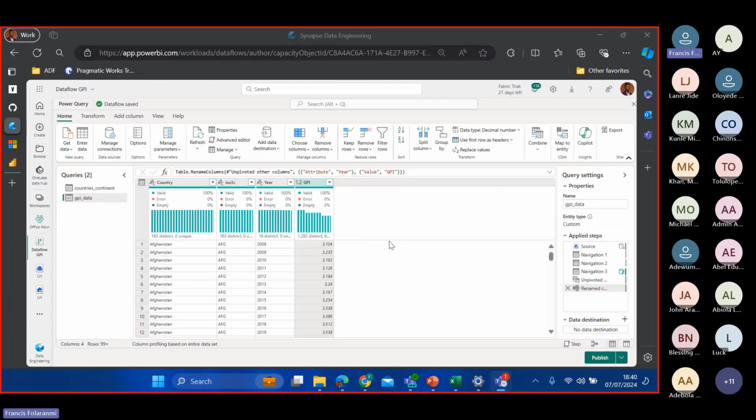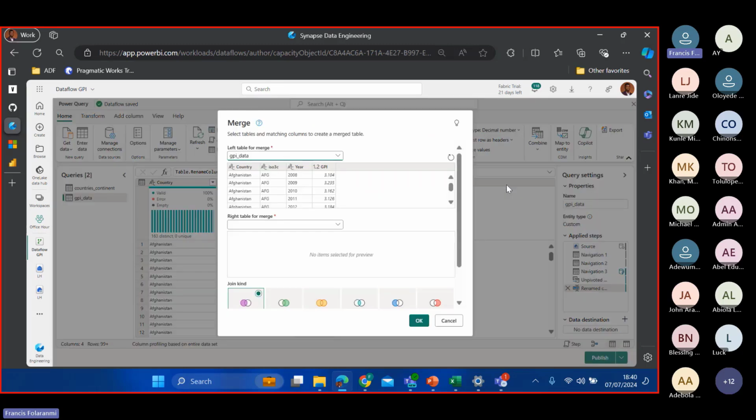I talked about earlier. So for that, I come to combine, and there are a lot of combine options you can do. Either you are doing an append or you are doing a query merging. So if I click on combine now, I can do query merge or append. But what I want to do is actually merge query. If you click on merge query, you have two options: merge query or merge it as new. So I will just merge query as new so that I have an independent query.